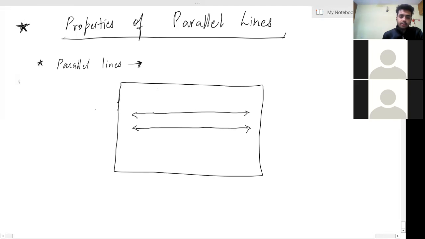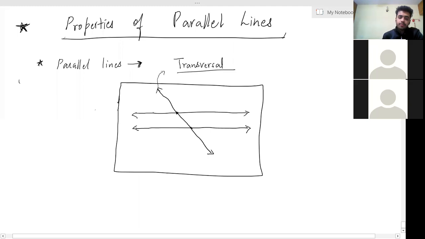Now imagine that another line intersects both of these lines in any direction. I'm going to take this direction. Okay. So this is another line which is intersecting both these lines. Intersecting means it's meeting, right? So there's one meeting point over here in this line and another over here. This line, we're going to call it a transversal. Now, based on this, there are lots of mathematical properties which we're going to study. Okay.